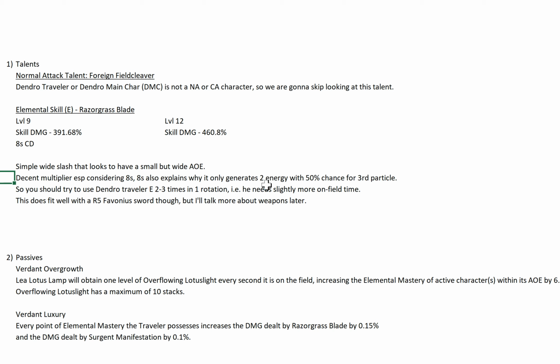Now I know people are complaining that the DMC energy generation is low, but it's because it's on an 8-second cooldown. It generates 2 energy, 50% chance for a third, which means it's about 2.5 Dendro energy particles on average. So you should try to use Dendro Traveler E 2 to 3 times in one rotation if you can. Now in our rotation later, you'll see that it's 2 not 3, because the rotation doesn't really allow the Dendro Traveler to use it 3 times in a row